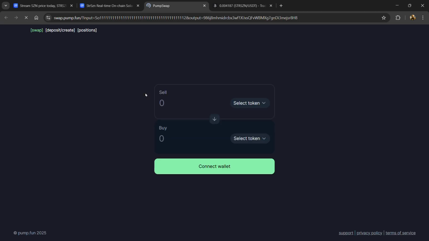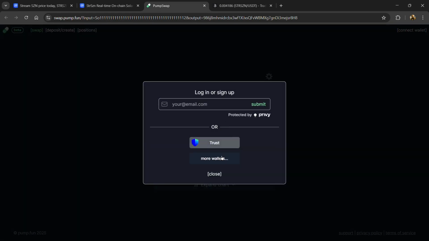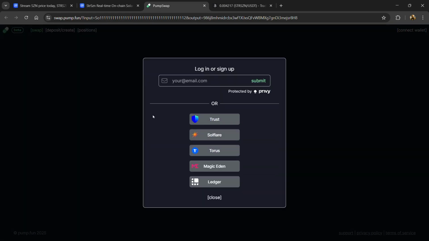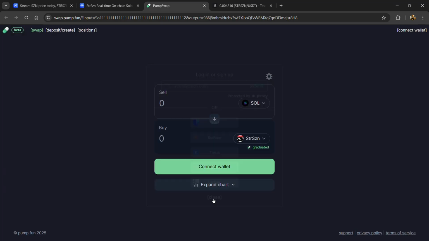Now here firstly you need to connect your wallet to this exchange. Click on connect wallet. Here you can connect different types of wallet, or you can also connect your mobile wallet by scanning this QR code. After connecting the wallet, you need to receive or buy Solana in your wallet, and here you will enter the number of SOL coins that you have, and finally you will confirm the transaction. Then you will receive this token in your wallet.